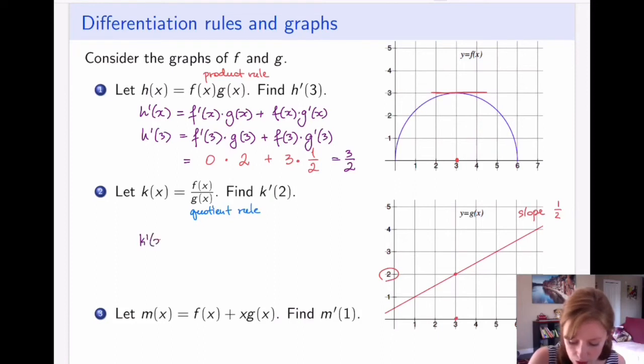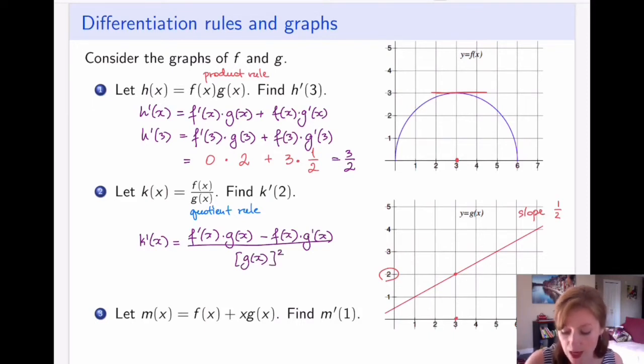Okay, and so I'm going to simply apply the quotient rule first. F prime of x times g of x minus f of x times g prime of x, all over g of x squared. Okay, and here I'm asked to compute this at point 2. So I can replace all of my x's with a 2 and figure out what the actual values of those are using the graph, much like in part 1. I'm going to leave this for you to finish off,